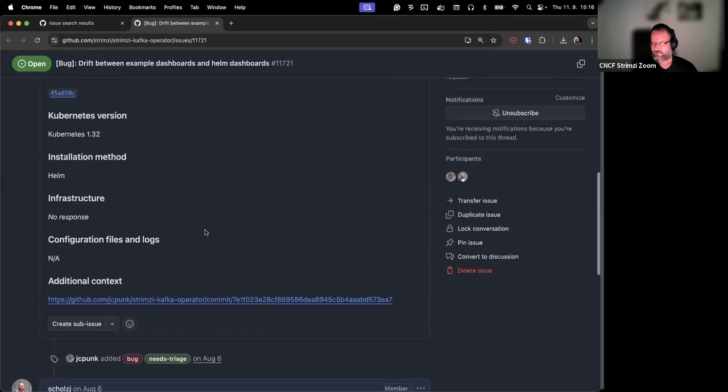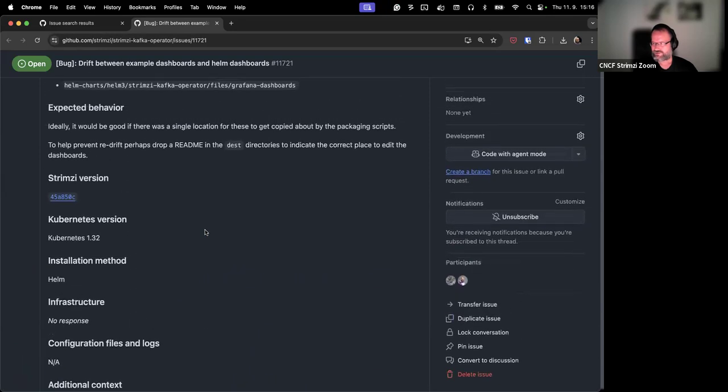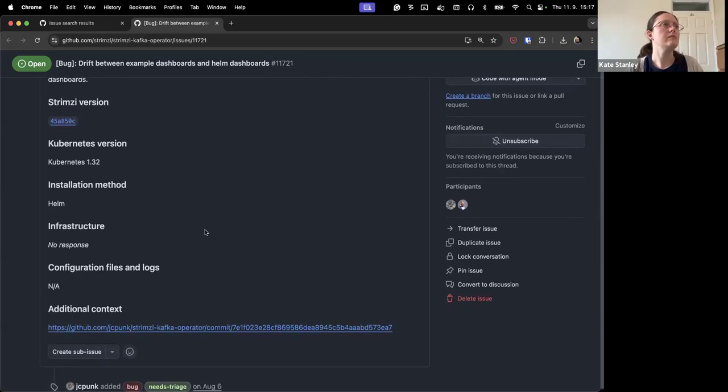In theory, we can add both sets to the Helm chart, I guess. But would that cause more confusion? Ultimately only one of the sets would work. I think there was definitely a discussion about how we phase in the dashboards.